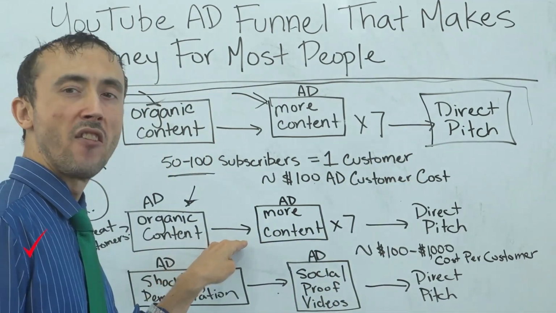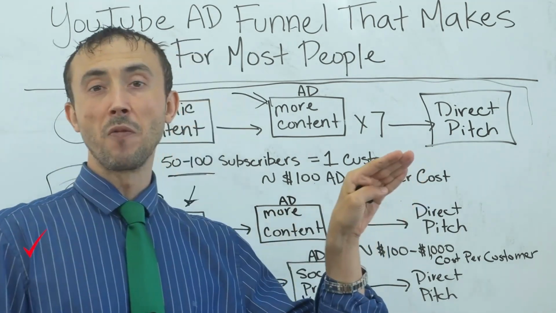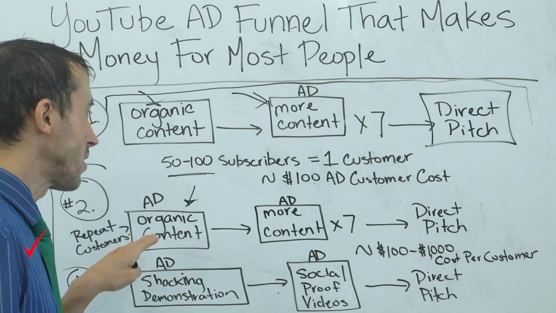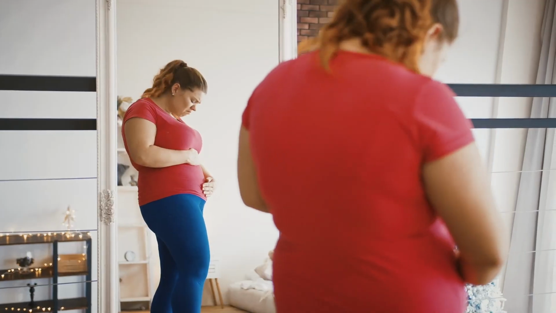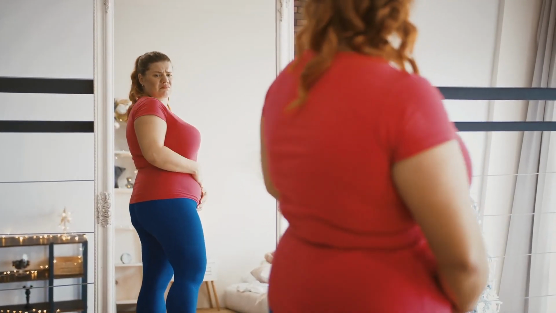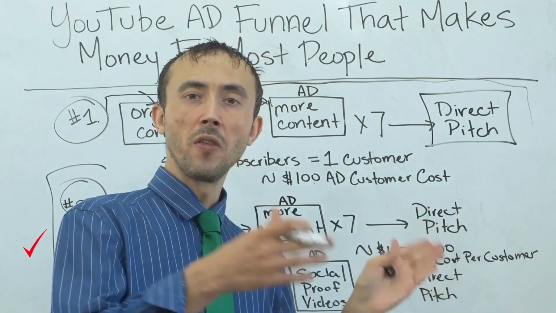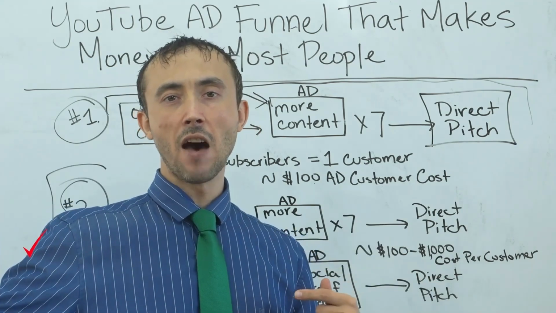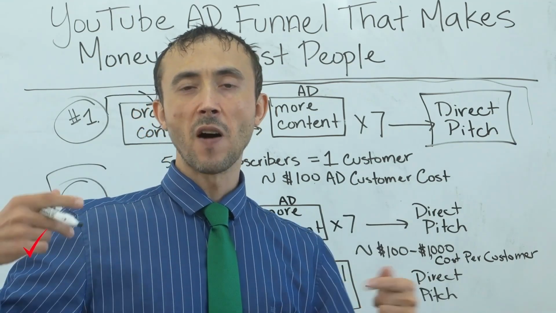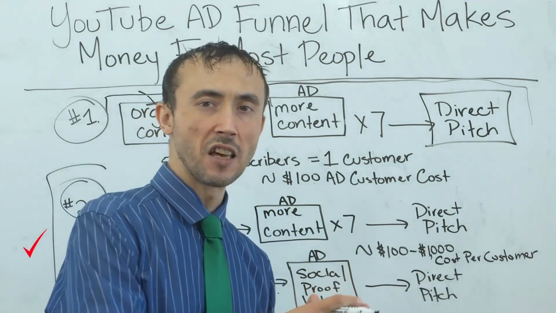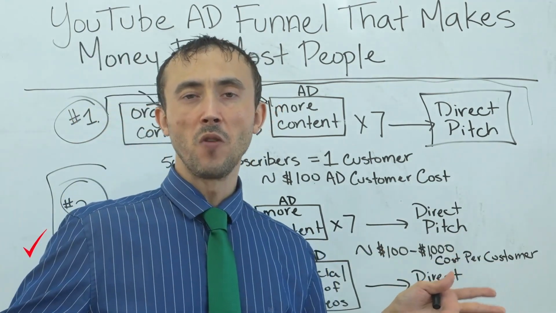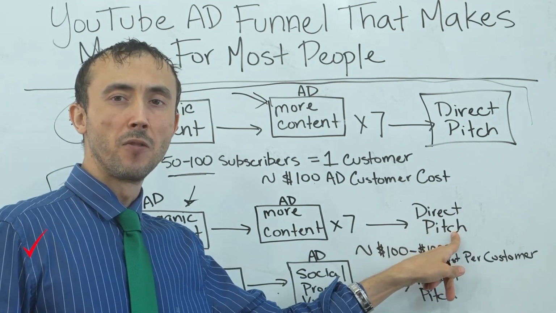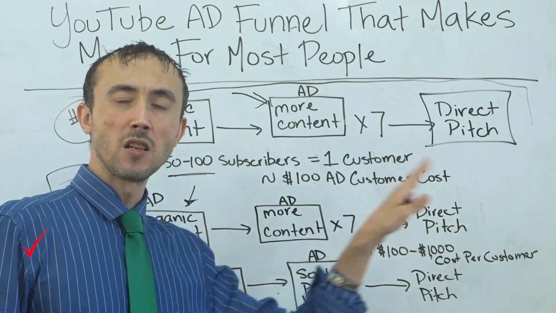They see that video ad and then they see 7 more video ads. If they were interested in watching that first video, they're going to be interested in watching all the other videos. Basically, you're targeting somebody that you know already wants, is interested in, losing weight, with your video that tells them how to lose weight in 2024. Then you automatically have at least 6 other videos following that particular video. So they're going to see 7 different videos from you about weight loss. At the end of all of it, that's the time where you ask them to buy directly. At the end of each video, you're going to ask them to buy again.